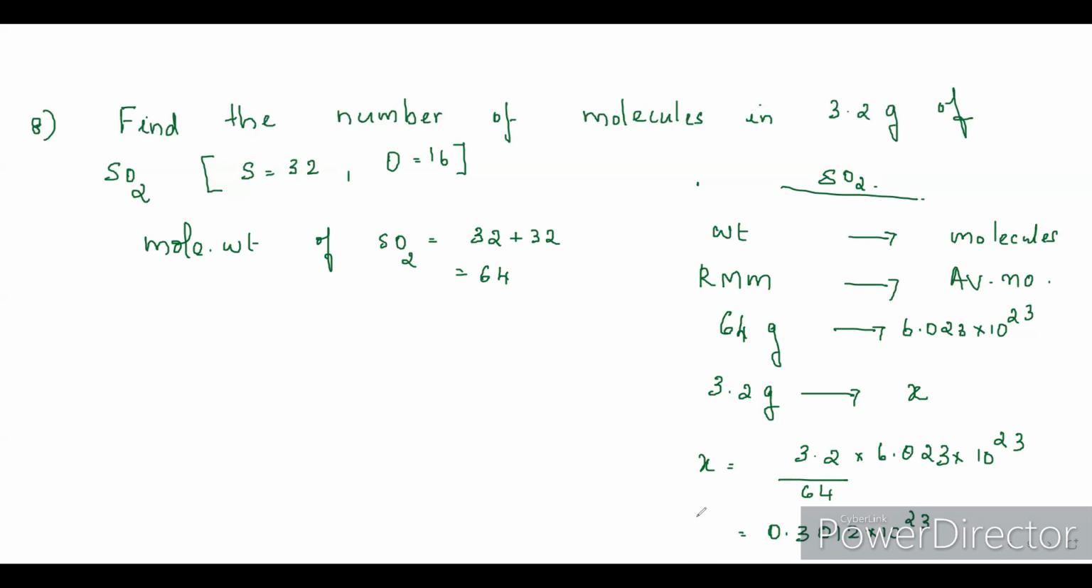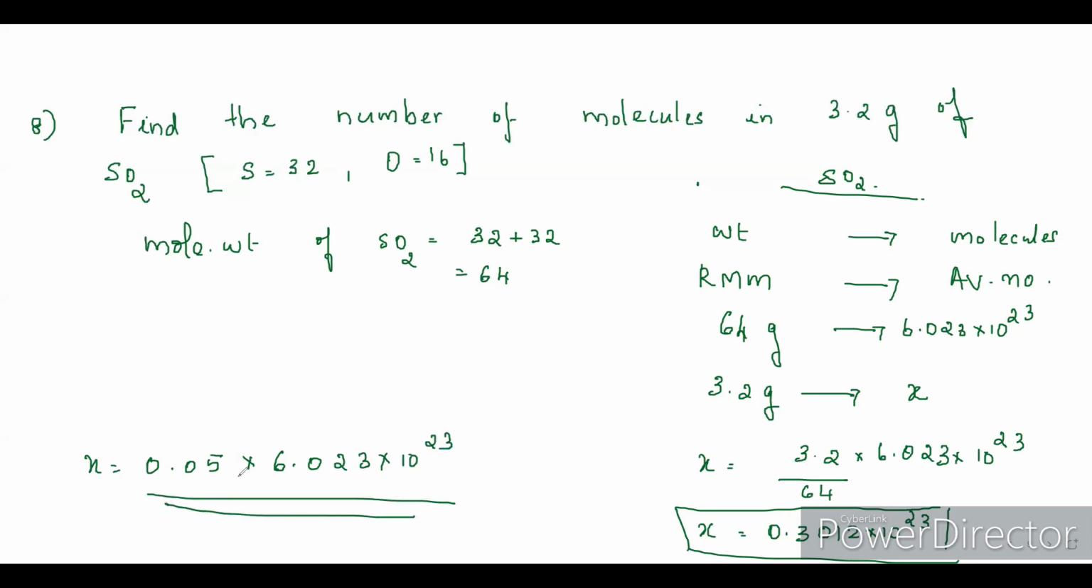Okay. Or else, what you can do is just divide 3.2 by 64. So you are getting 0.05. Okay, so leave your answer as 0.05 into 6.023 × 10^23 molecules. You don't actually have to multiply it with Avogadro's number. 0.05 Avogadro number of particles are present. Okay, now